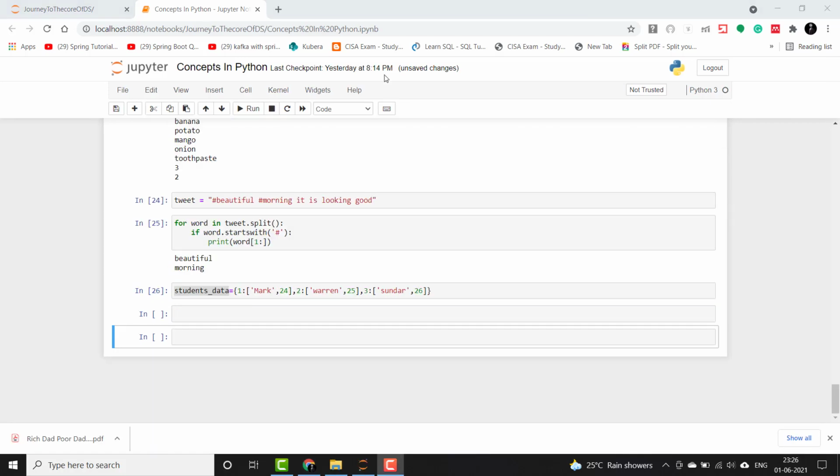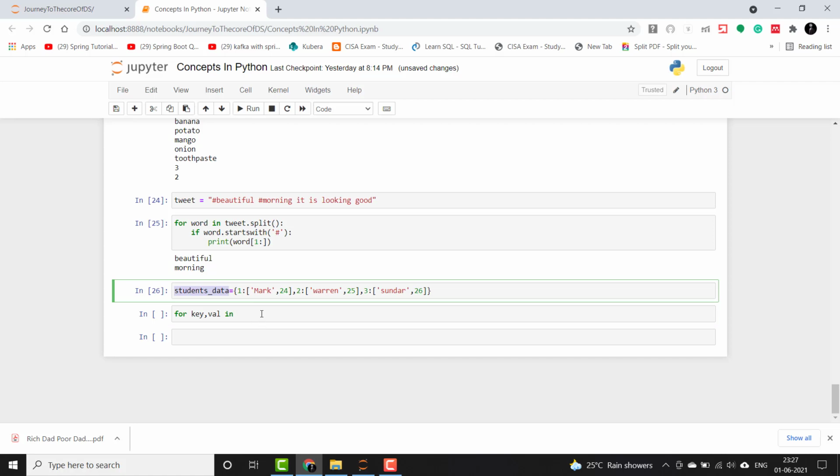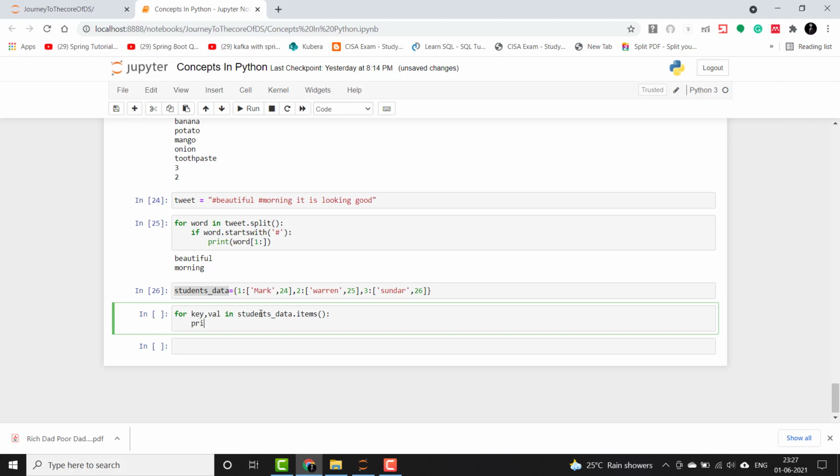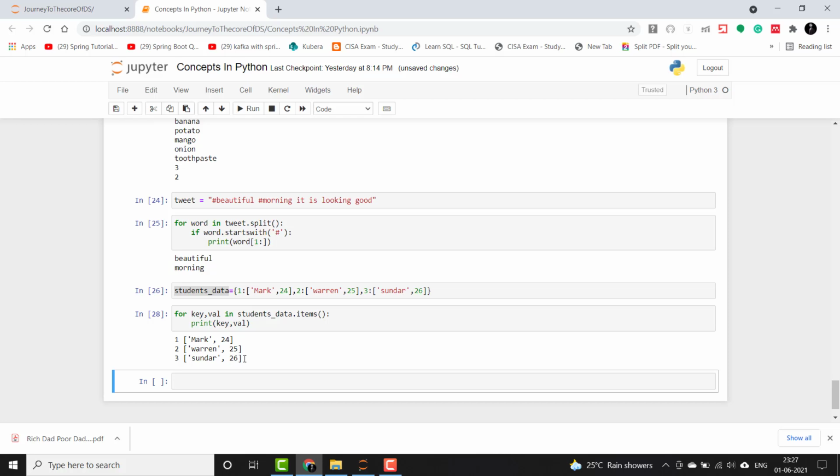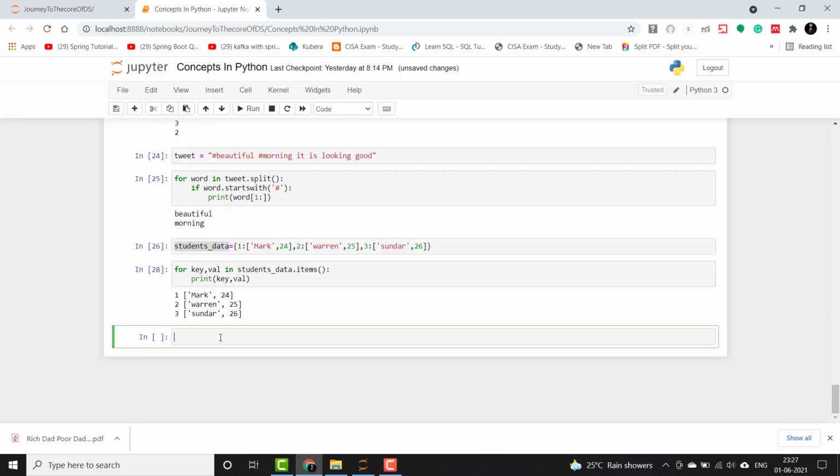Okay, now let's move on to the dictionary part and see how to retrieve the elements in it. So a dictionary, as we have seen, contains keys and values in it, and it can be iterated in various ways. So let's say that we want to print the keys as well as values in this dictionary. So we can do that via a for loop. The function here we'll use is items, and we will print its key and val. Okay, so here it gives the keys and values in a proper format.